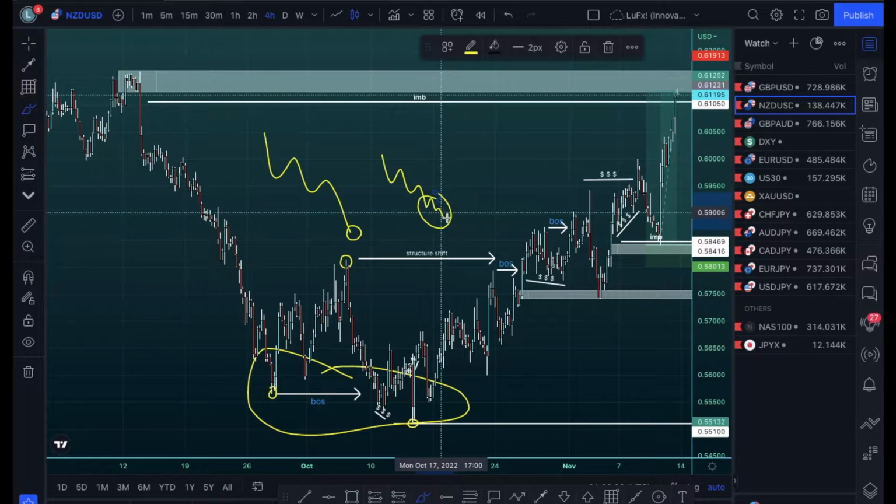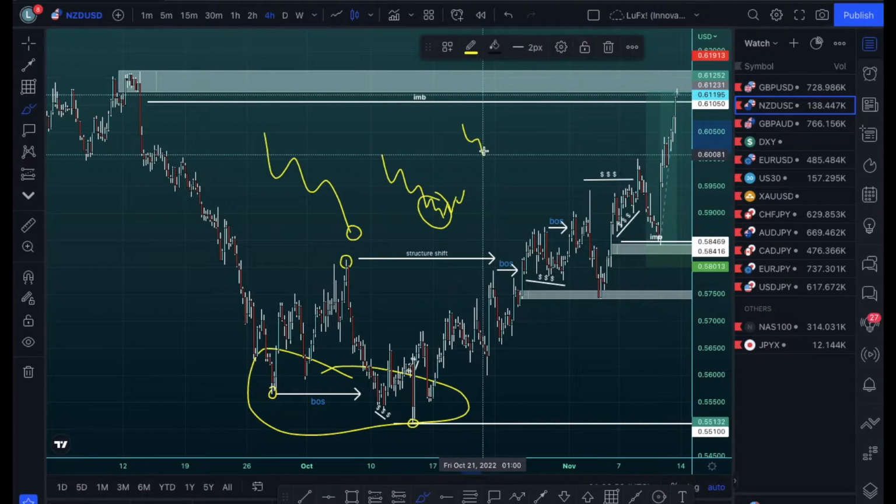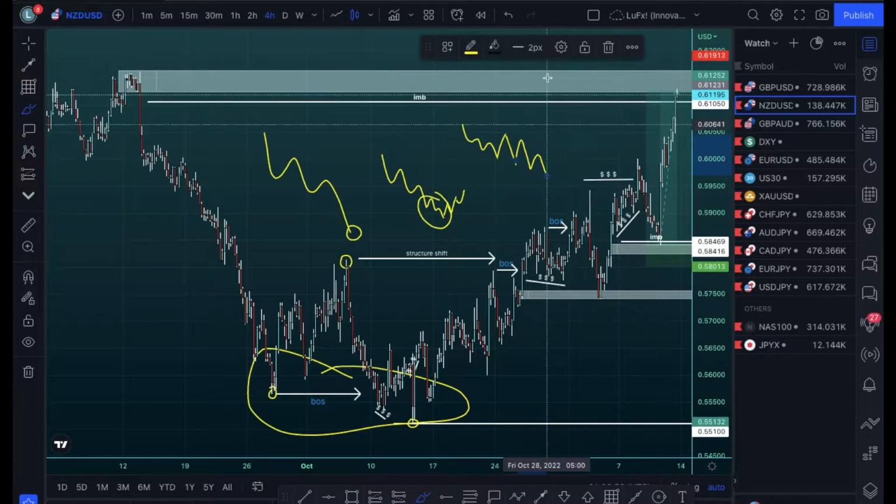So on the 4 hour time frame, once we break out of structure, like this last lower high, we can start looking for levels. Once we get that double confirmation, we can start looking for levels to buy into, right? And you shouldn't always be looking for this, because the higher time frame is overall bearish, so you should only be looking for sells. You should be waiting for something like this in lower time frames to happen. So even if price does break out of structure, you should wait for price to break back into structure, and then trade from those zones, because that's the more likely scenario, and that's how price would move,